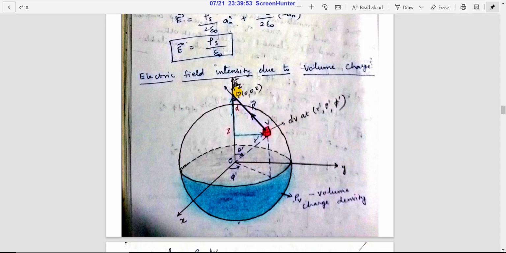And also we are going to find out the electric field intensity due to this particular volume charge density on the point called P, which is on the Z axis. So we are going to define a particular unit vector for the directional vector of R, from the differential volume element dV to the point P.